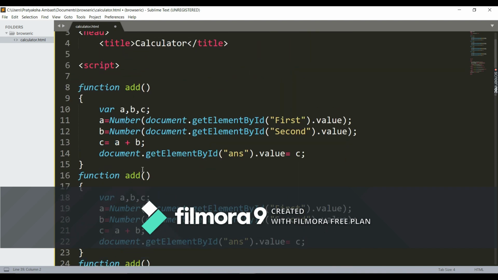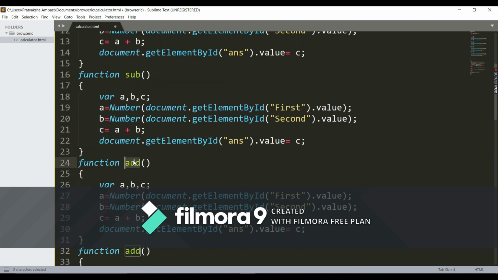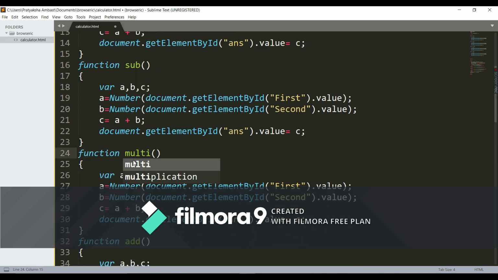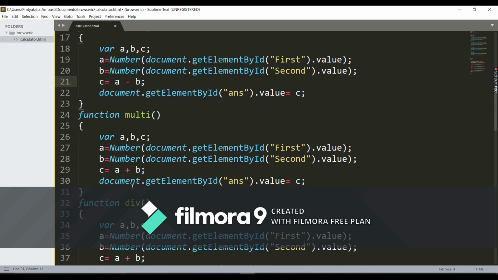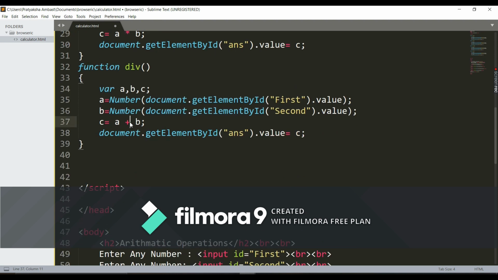Yeah, so let's change the function names also, that is subtraction, and then multi for multiplication and division for division. Now change the arithmetic operator also, that is minus, multiplication asterisk sign, and for division.